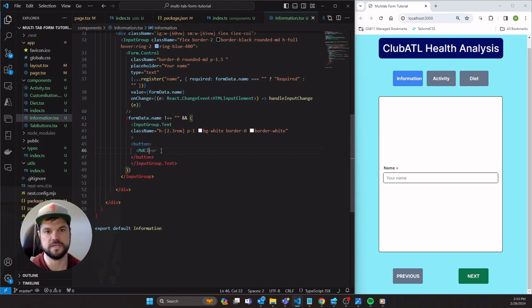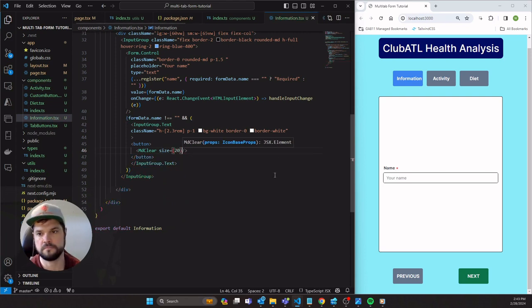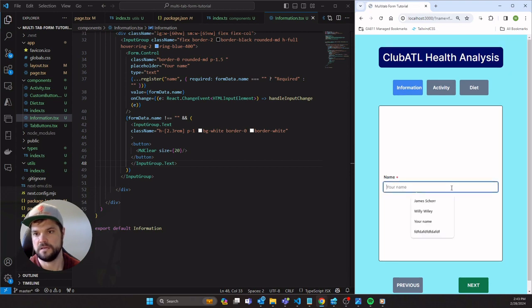And we'll have MdClear here, size of 20. So when I actually type something there, I see the clear. It actually is working